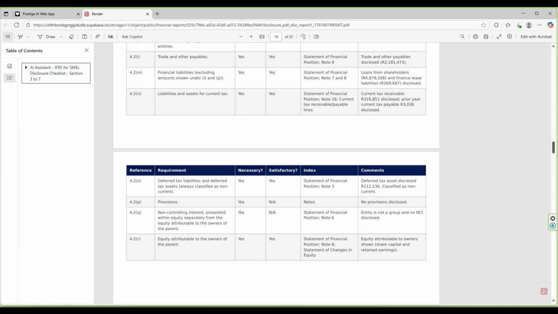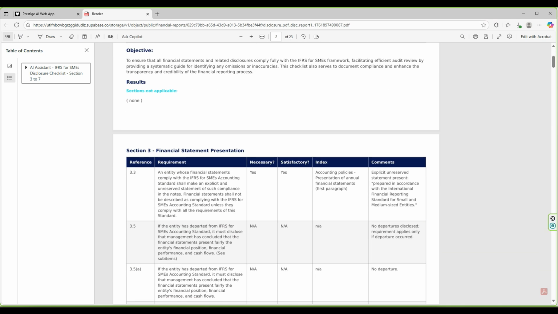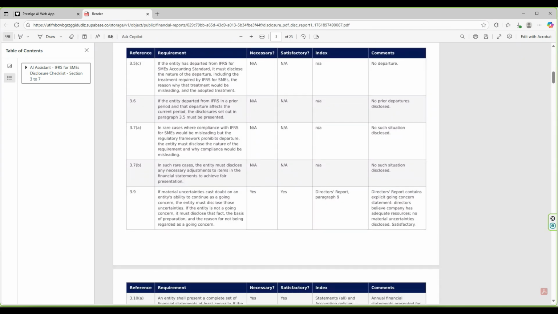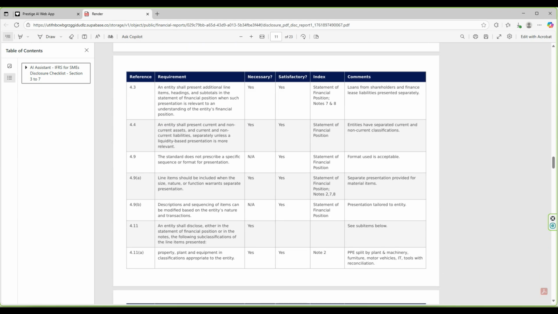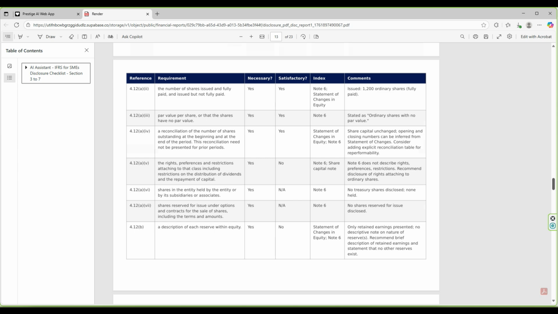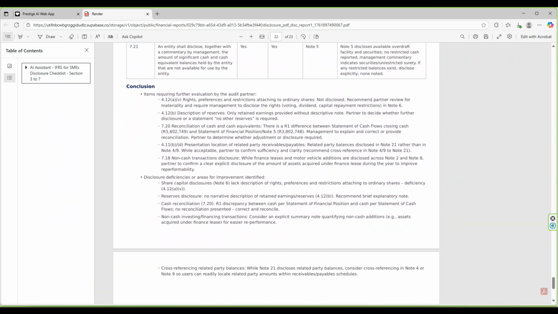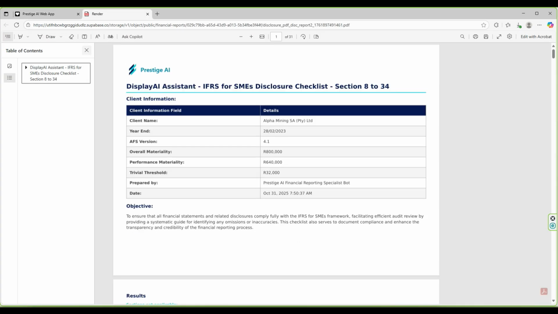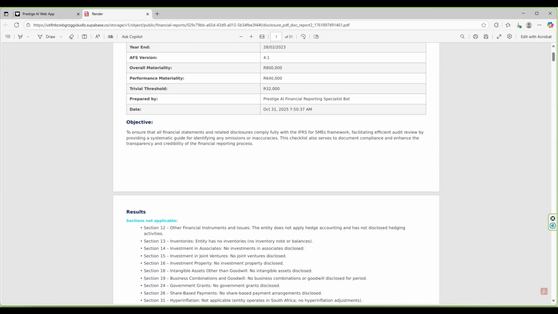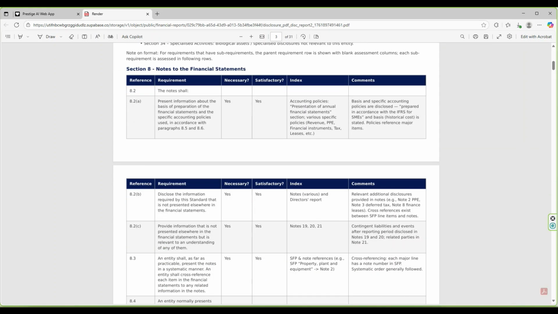Our crown jewel and hands down our most powerful tool, the disclosure checklists. Split into 2 in-depth reports, it meticulously audits every nuance of IFRS for SMEs across sections 3 to 7 and 8 through 34, delivering a gold standard roadmap to full compliance. This isn't a quick scan, it's a forensic deep dive that verifies the presence, accuracy, and completeness of every required